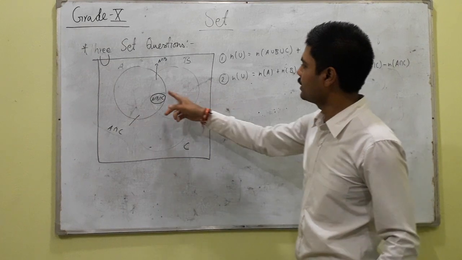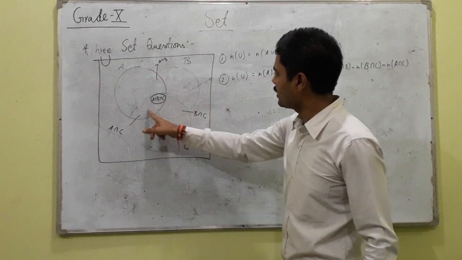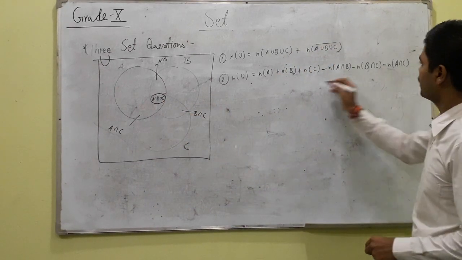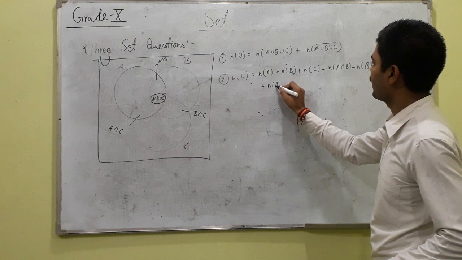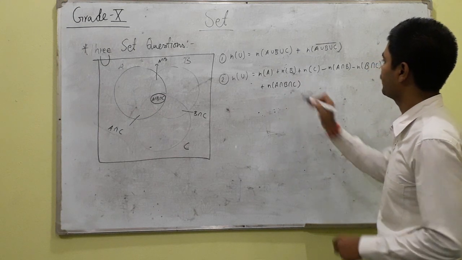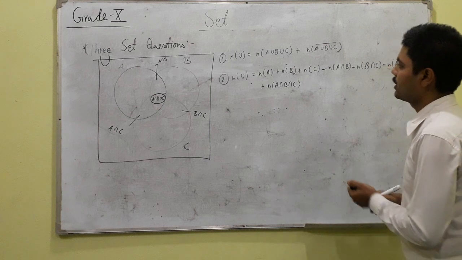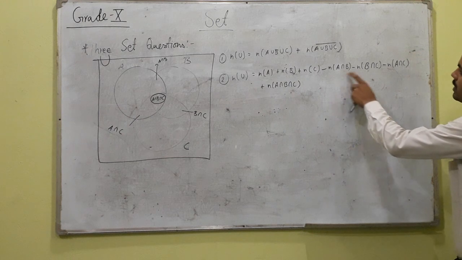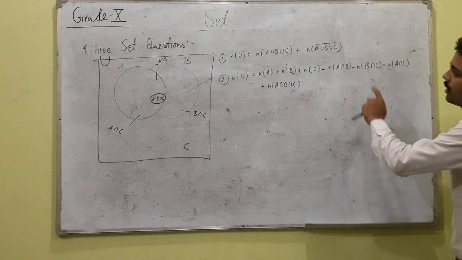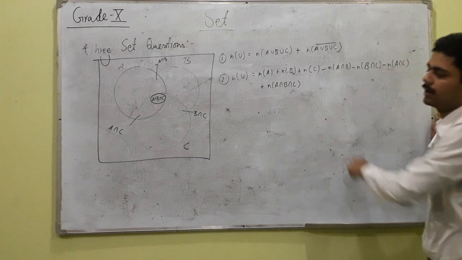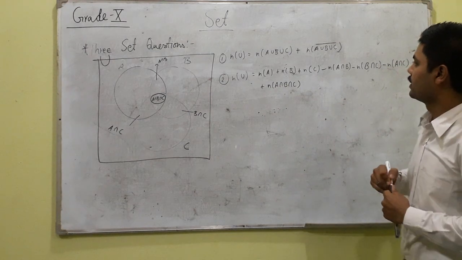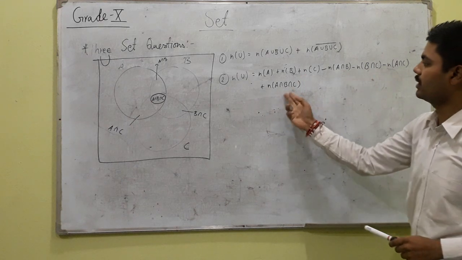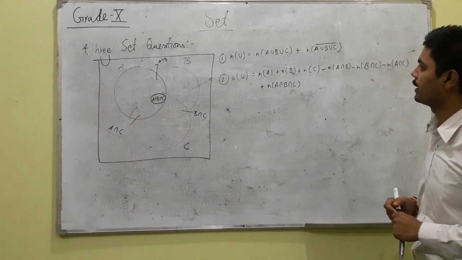But when we deduct this area and this area, then automatically this third area is deducted out. So we just have to add once again, like A intersection B intersection C. Or you can remember, when you take single sets, they are added. When you take double sets, they are subtracted. And again, when you take 3 sets, they are added. So in odd numbers, 1 set is added, 2 sets are subtracted, and 3 sets are again added in the formula.